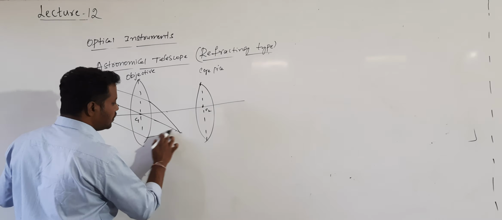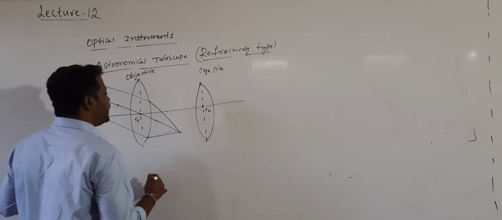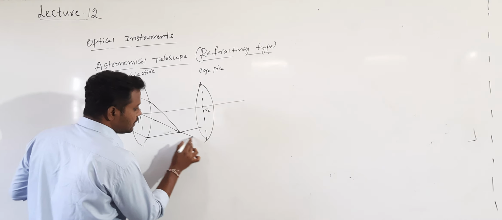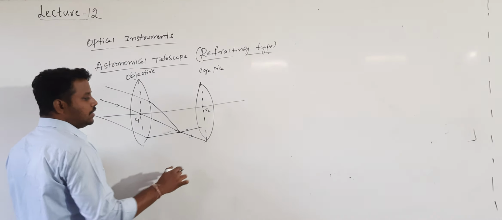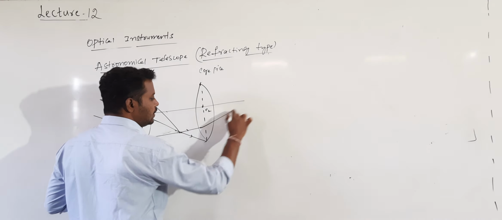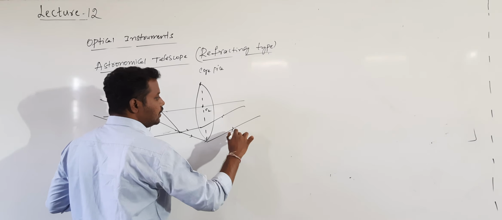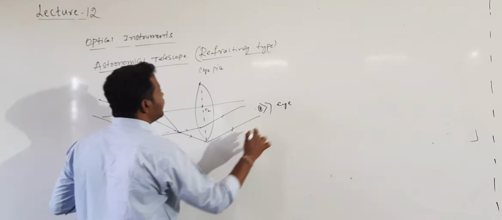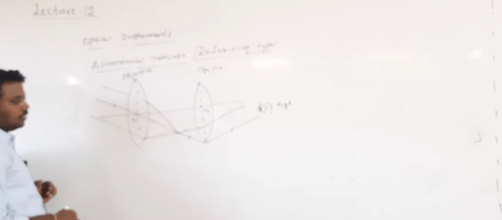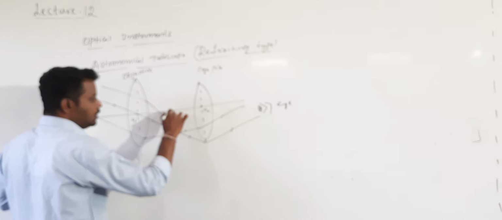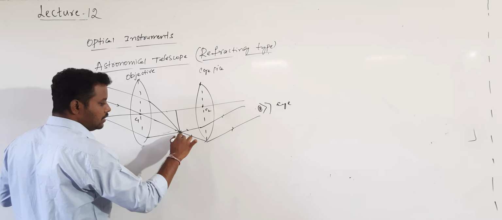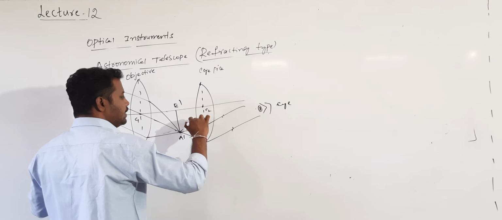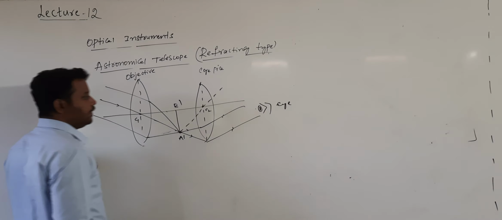And they will converge. What happens? The objective lens will form the image like this, and this is extended like this, and finally these rays will be refracted like this. And here our eye will be located. This is the location of our eye, and that is the eyepiece. Okay, and here it will form an inverted image. Let me call the image A' and B'. The angle subtended by the image is the value we want to calculate. Okay?